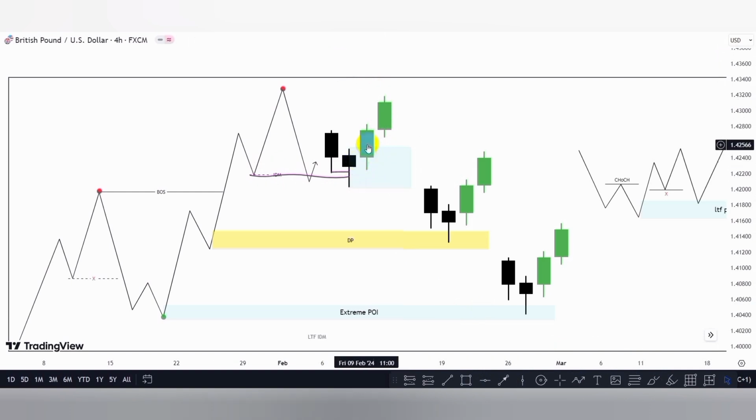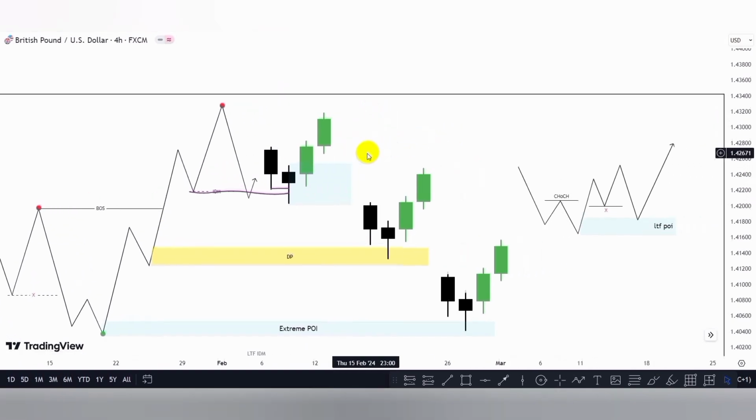So you can see now price created this bullish candle to the upside. This bullish candle closed above the weak high of this bearish candle. So you can see we have a valid order block. So instead of waiting for price to push to the upside to raid this high before you expect a pullback